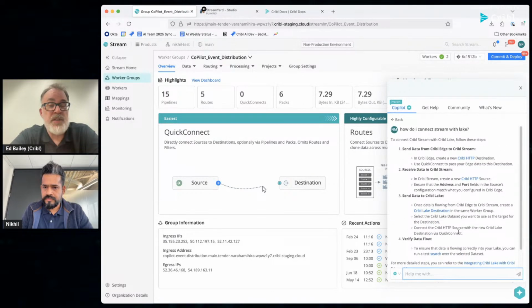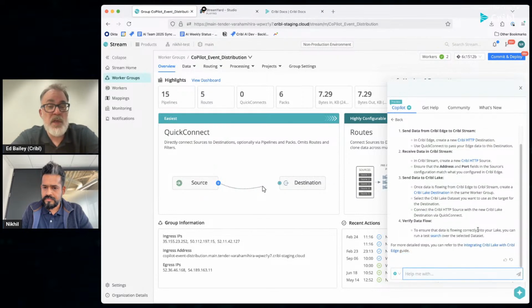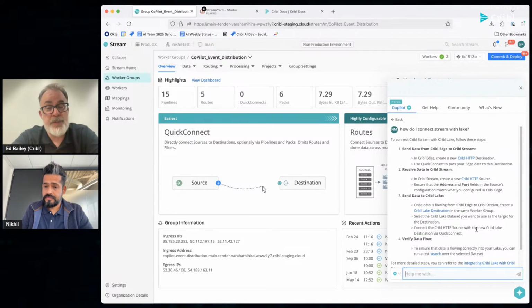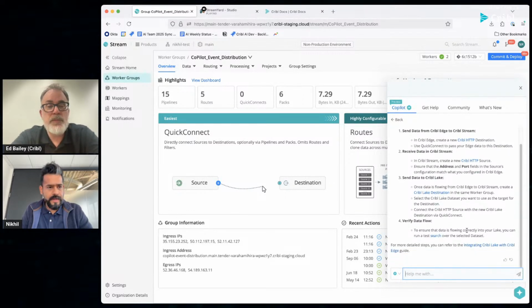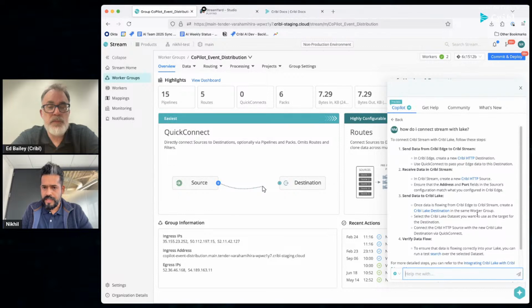Another good one, and this is something I see quite a bit, is that it's really easy to make a mistake with your partitioning expressions for S3. So I think another one is, can Copilot make that, or show an example of how it should be? Yeah, I'm pretty sure. I would love to try that out as well.